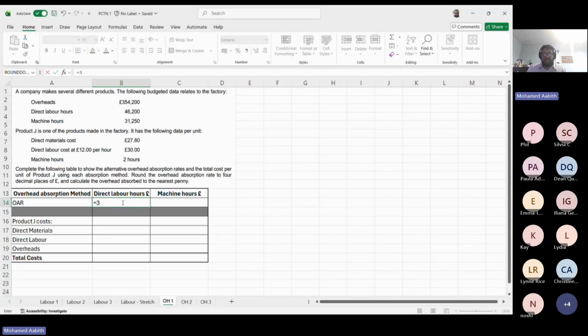So let's find out the number they're looking for. The first one is 354,200 divided by 46,200. We are doing the direct labor hours. So budgeted overheads are these. The budgeted activity is that one. Now let's find out what the rate is. Can you see that rate here? The rate is going to be 7.666666 all the way 67. Now, we don't need that many numbers. We need only 4 decimals. So let's reduce that to 4 decimals of 7 pounds